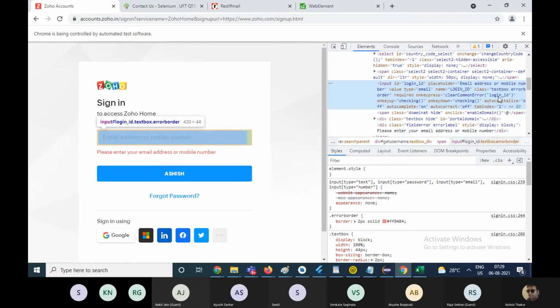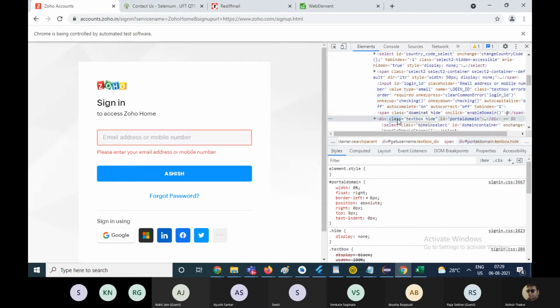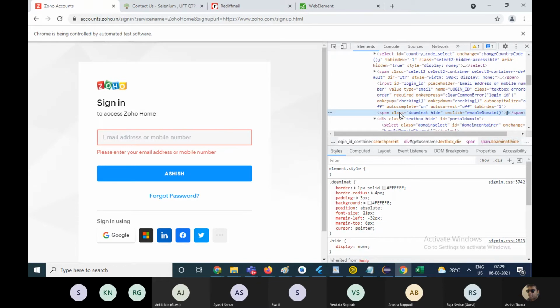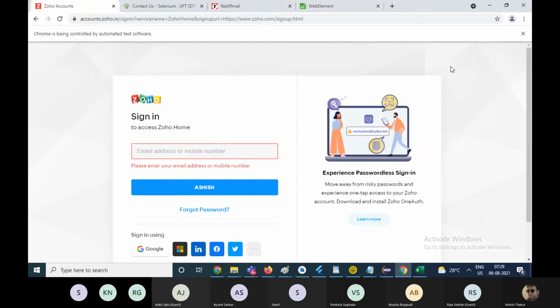There are other elements on the page which can have the same class, like this is the class attribute. There are other elements as well which can have the same class. Okay, so don't rely on class. But yes, ID or name, they are quite unique. But yes, sometimes, some developers put duplicate IDs as well.